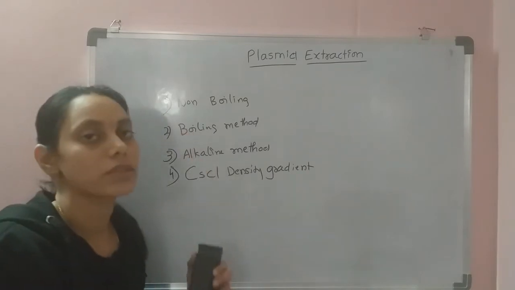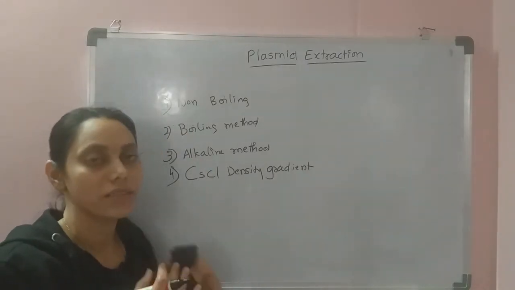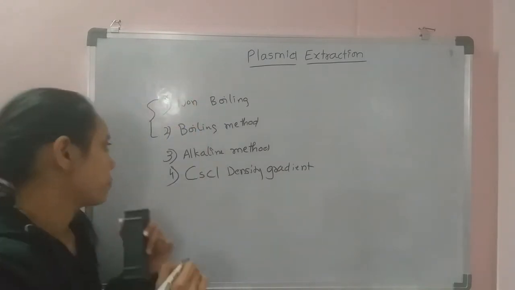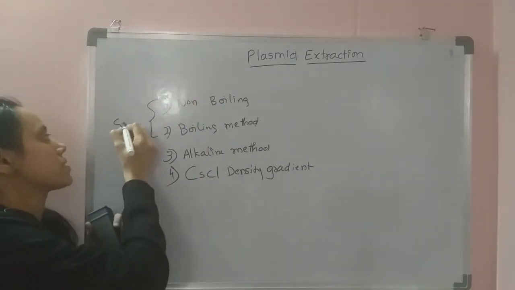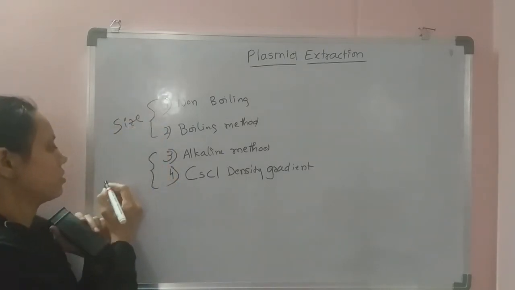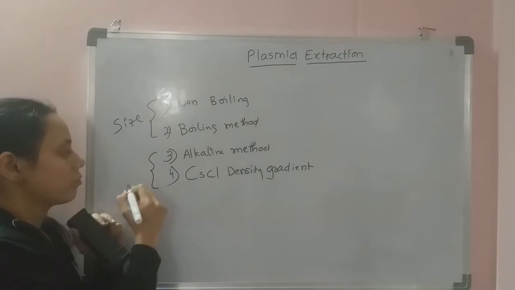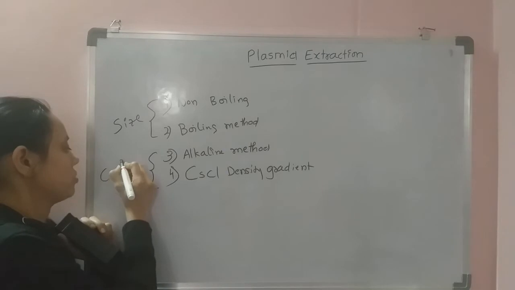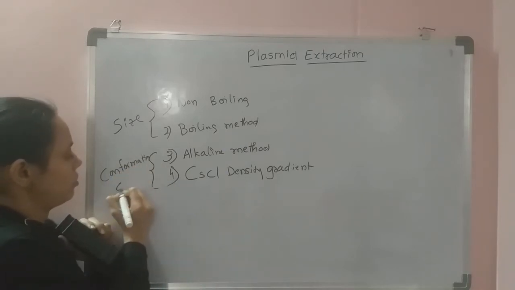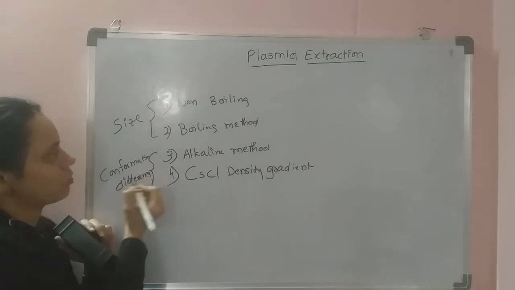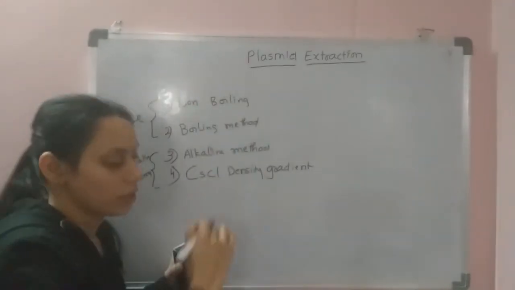So these 4 methods are majorly helpful to isolate the plasmid. Here these 2 methods are based on the size variation, and these 2 methods are based on the conformation differences. So coming to the first method, which is